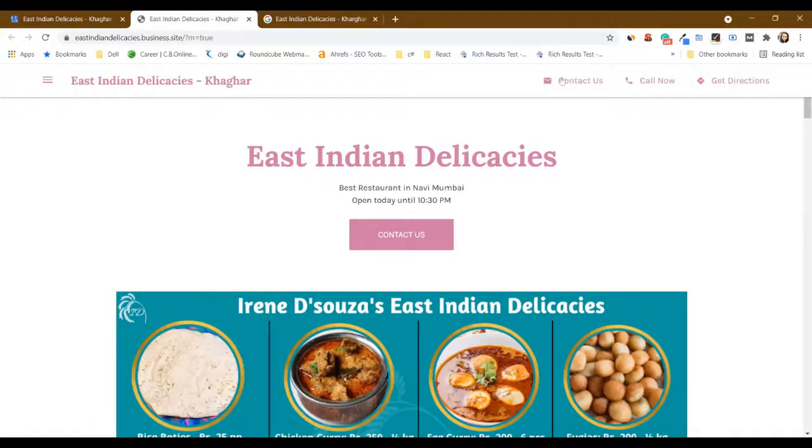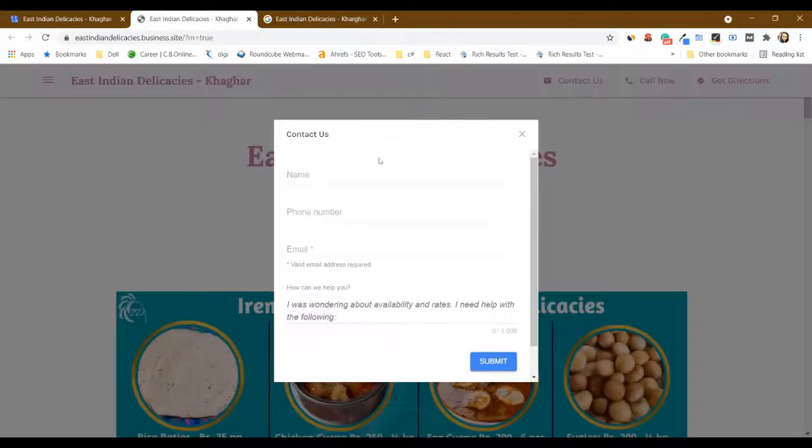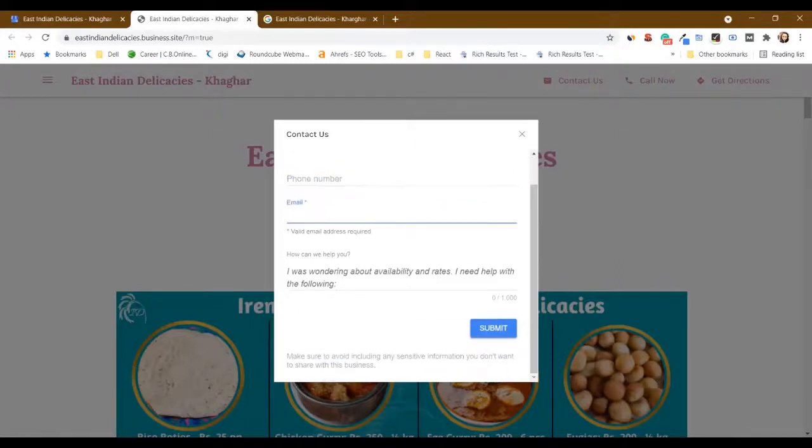So here this contact us button has come. When someone clicks on it, a pop-up form comes up wherein the website will capture the name, phone number, email address, and whatever query the customer has, they can feed it over here and click on submit. So I will get an email regarding that query.